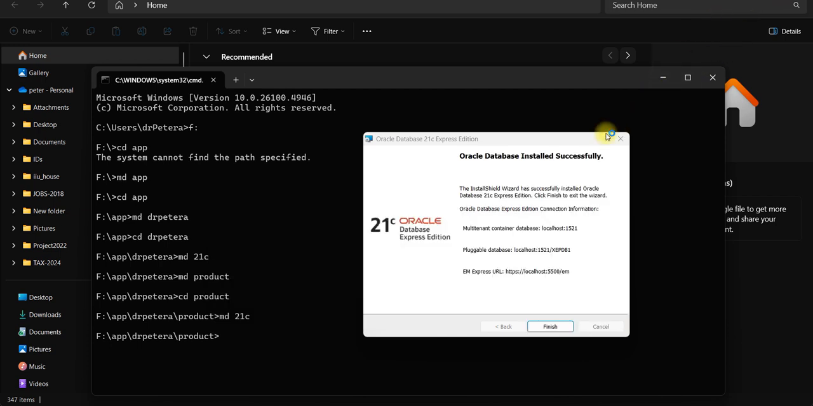Hello, if you take a look at the screen, after the install is done, it will say Oracle database installed successfully. It has a multitenant container database called localhost, and the port number is 1521. Its pluggable database, localhost 1521, Express, PDB1. P means pluggable, DB means database, 1. And the Enterprise Manager EM Express URL is localhost